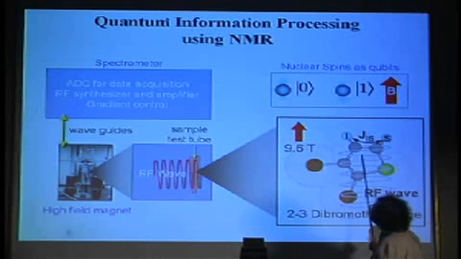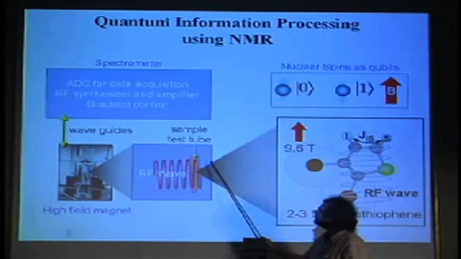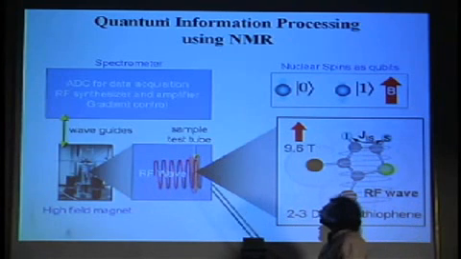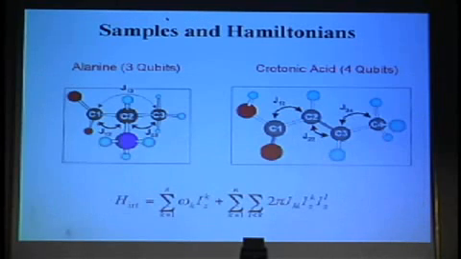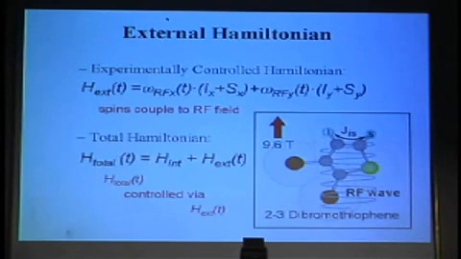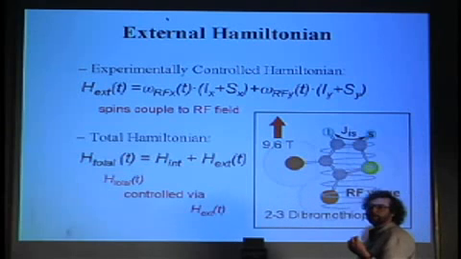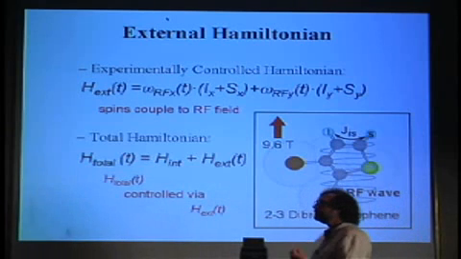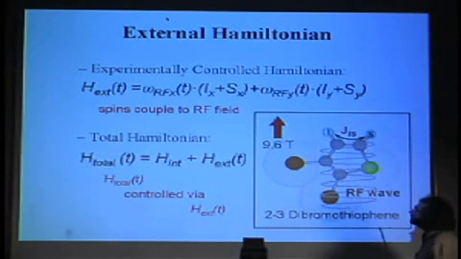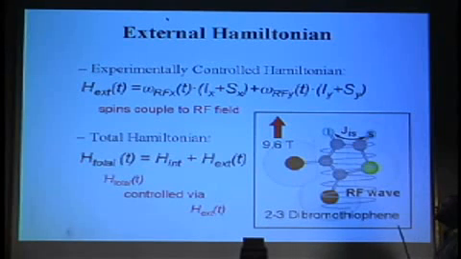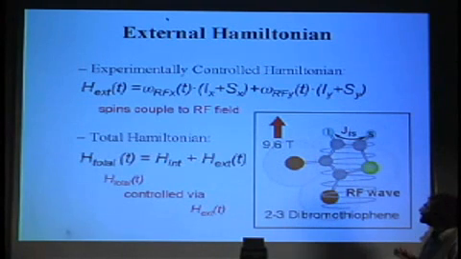We know the Hamiltonian very well, but of course we want to modify the states of the system, so we use radio frequency pulses and all the normal stuff to change the states of the system. And the advantages that we have in this system is that we know the internal Hamiltonian very precisely. We know the decoherence of the system very precisely. We know the noise generators of the system very precisely. And we have very good control over the external Hamiltonian. And so I have an external Hamiltonian with a radio frequency field. We can modulate this Hamiltonian in its strength, amplitude, phase, and frequency.